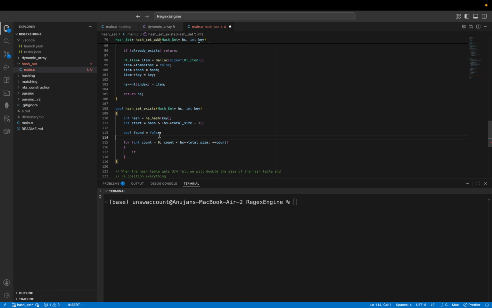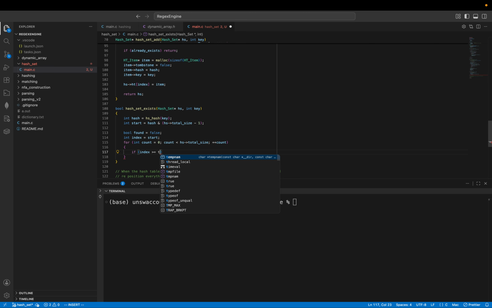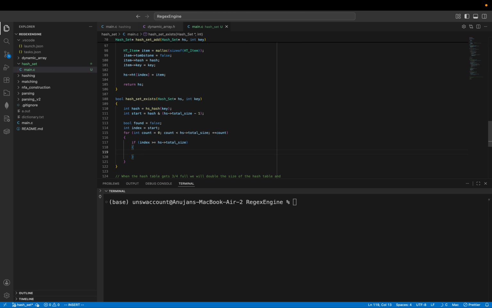Sorry, int index equals start. If index is no longer a valid thing, then index equals 0, and then from there, if htable, if that index,